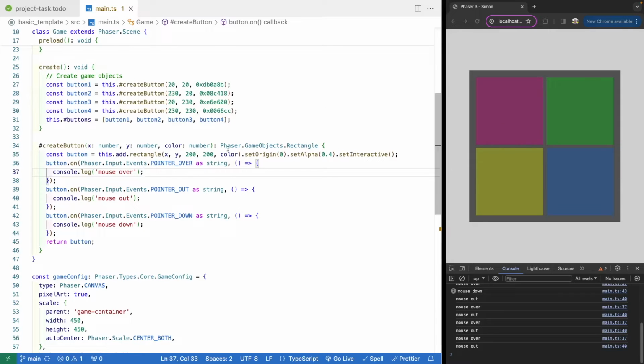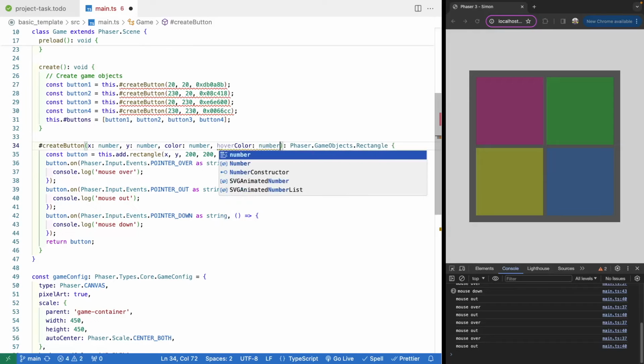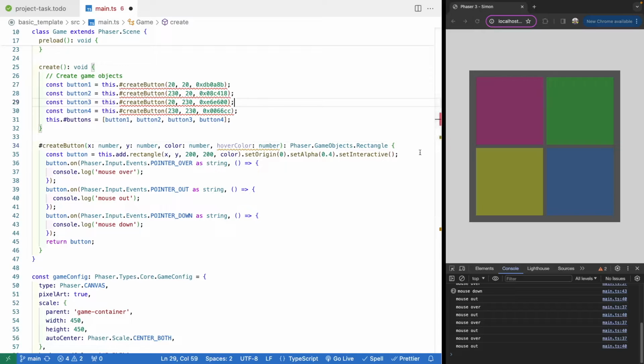And so to support this, we want to update our method to have one new property, and we're going to do hover color. And so for our hover color, this will also be a number. And what we'll go ahead and do is up here, let's add that in. So for our first button, we're going to do